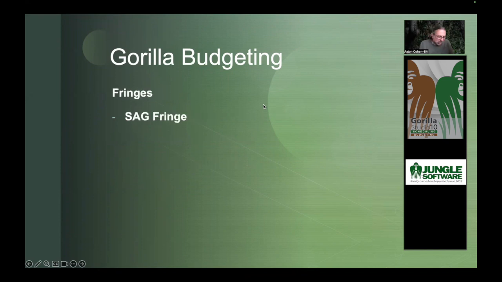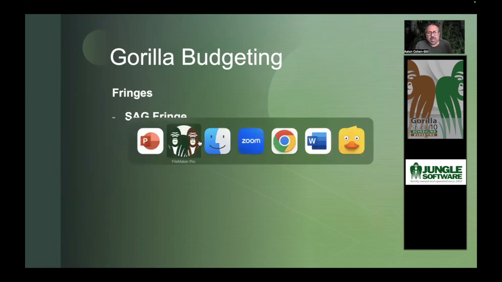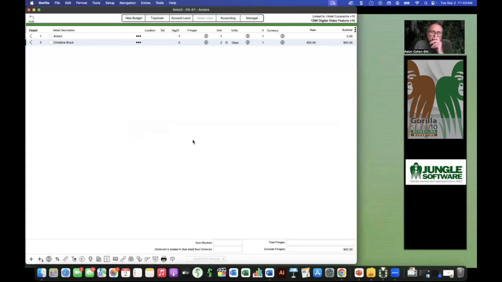And then fringes. Okay, so fringes are another advanced feature in Gorilla, which allows you to attach a fringe to any crew member or any cast member or based on the union that enforces you to also pay fringes for that role, right? For the time period. So, for example, this is an actress, and the actress is a member of SAG. SAG has a fringe rate. You could probably find it in the rate book, to be honest with you. So if I were to click on the rate book